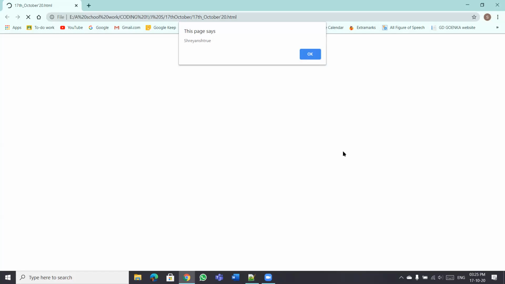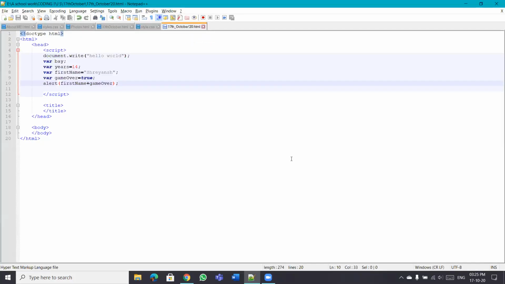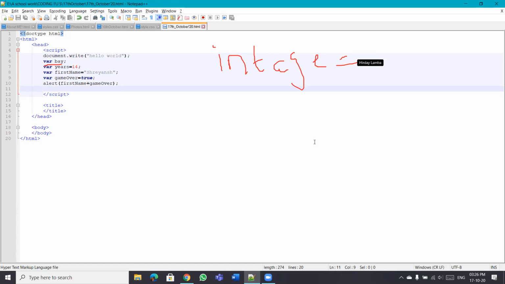This means, let's go back. In Java, if you have to define a variable, you say the variable type. You say int, integer type, and then age equal 15.